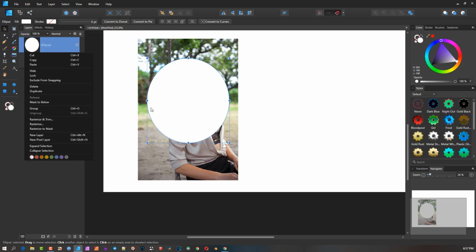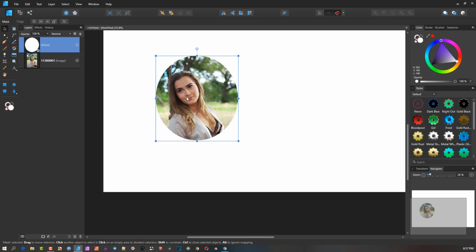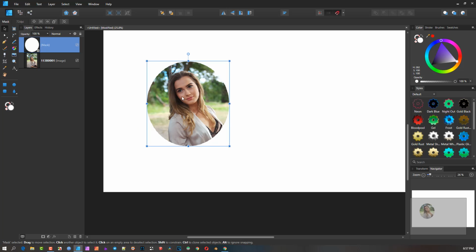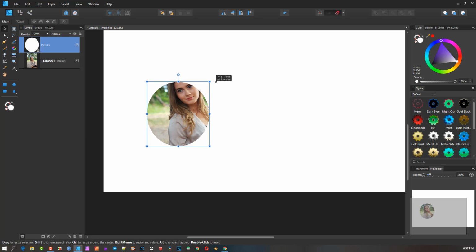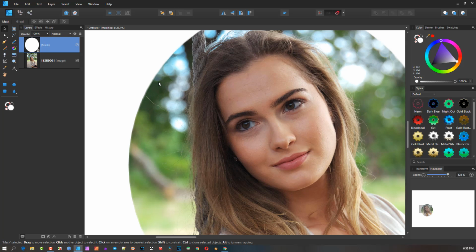So we'll just see the object showing through here. So let's say rasterize to mask, and there we have it. And this I can move around because this is just a mask over here, or size it accordingly. Okay, but yes, the big difference is when I zoom in here, you can see, because it's been rasterized, that the edge is the pixels. Okay, because we've changed that from a vector to a rasterized image or a pixel-based image, which is different to